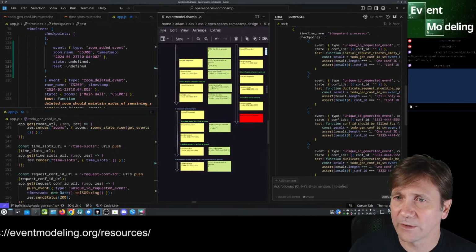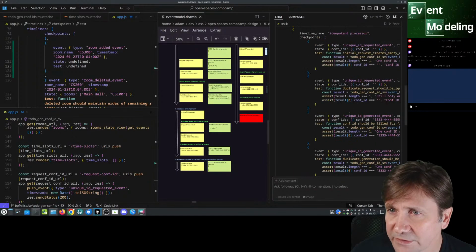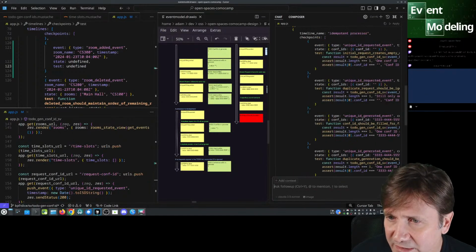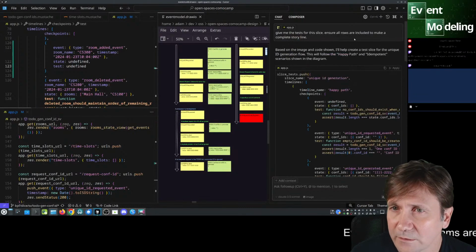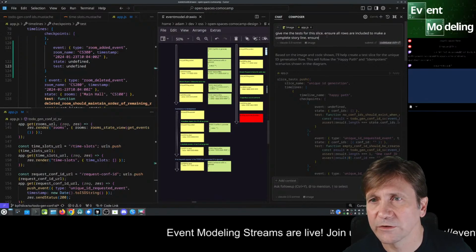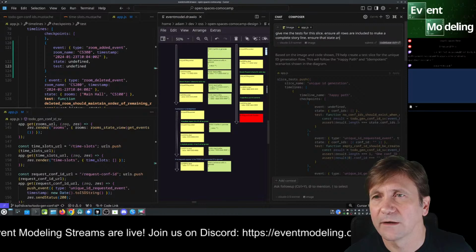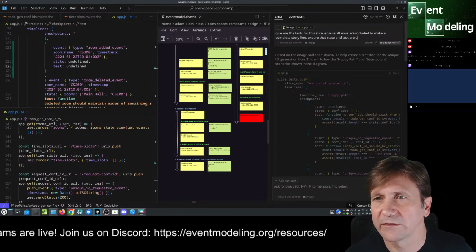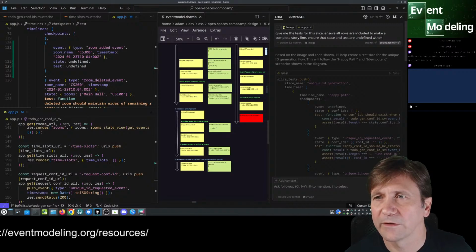Okay, so it's doing 1, 2, 3, 4. We have these, and it's giving me a state for each one of those. I'm just doing ensure that state and test are undefined where only an event exists.